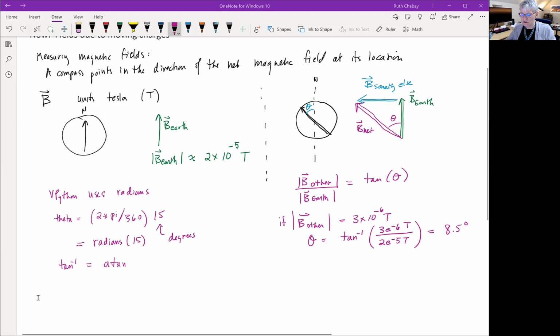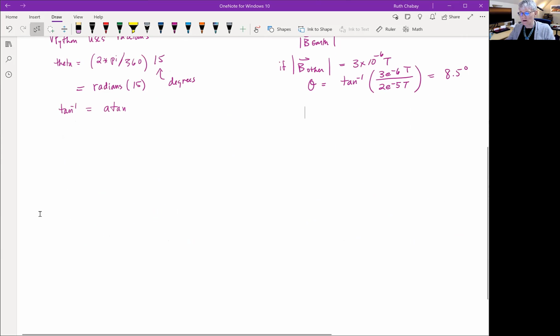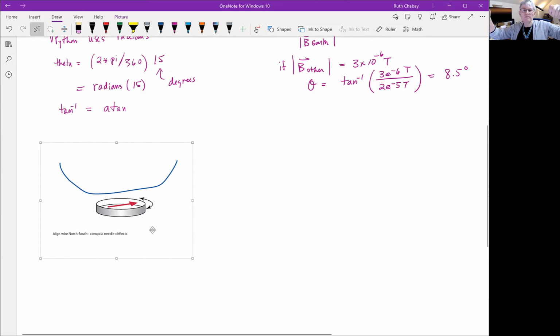A physicist named Ørsted, around the early 1800s, was the first person to discover that if you ran a current through a wire, it would deflect a compass. So the basic idea is this, and it's the kind of thing you'll be doing in the lab. If you put a wire that's part of a circuit, lighting a light bulb or something, and you have a compass pointing north and you lay the wire down on top of that compass, then the compass needle will move. So if we take a top view,